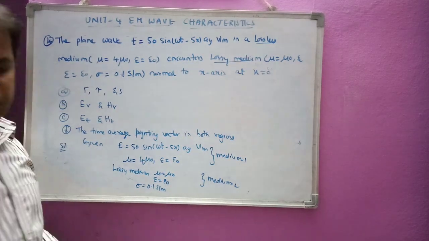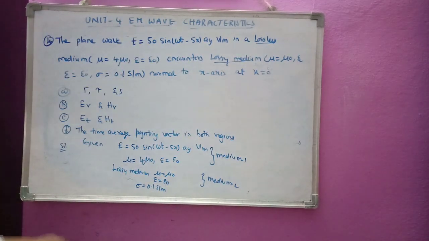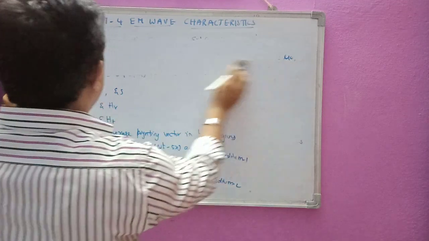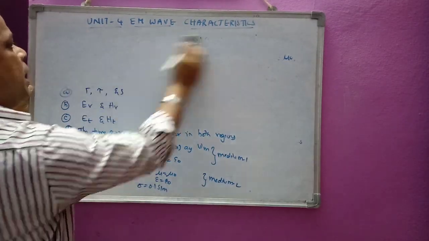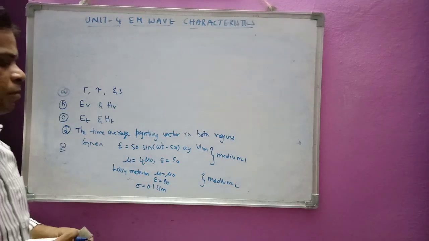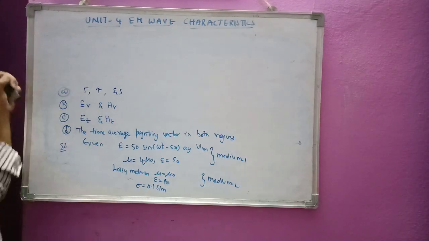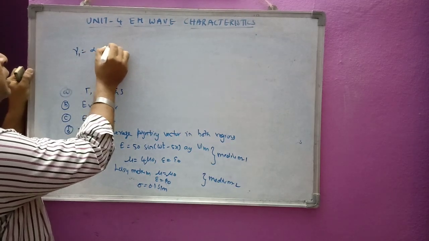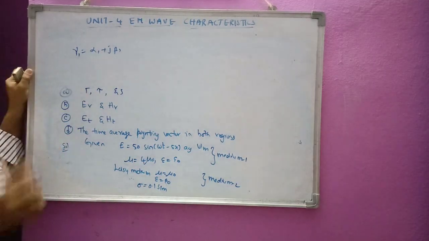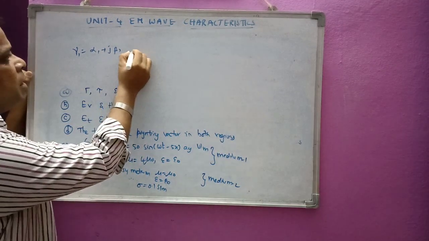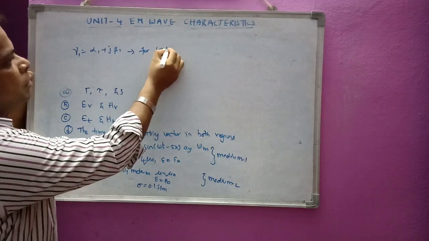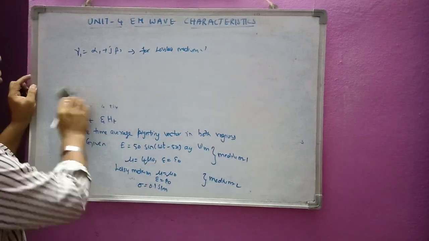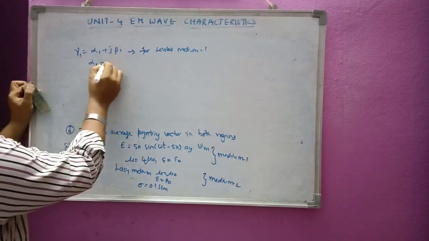Now we have to find the corresponding values for medium 1 and medium 2, alpha, beta, and omega, and so on, in order to find gamma, tau, and the standing wave ratio. Why? Because those values are very important for this calculation. For medium 1, gamma 1 is equal to alpha 1 plus j beta 1. Here alpha 1 is 0 for a lossless medium. That is already a known predefined value.